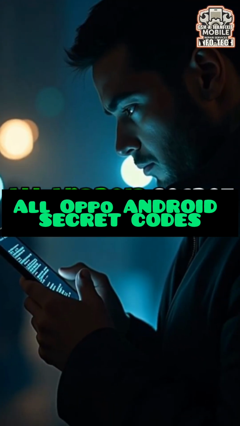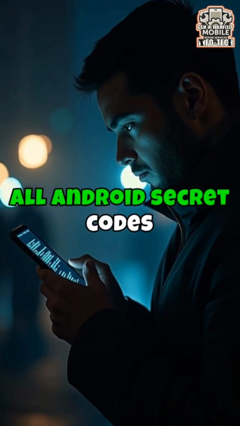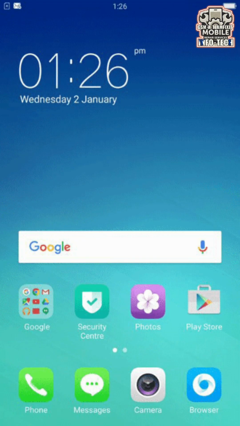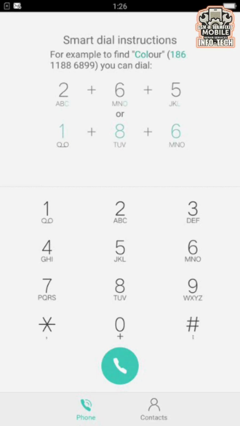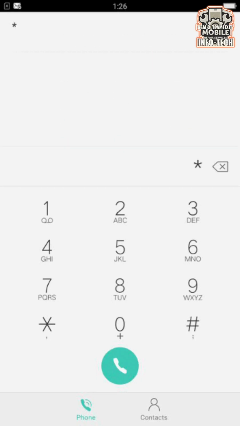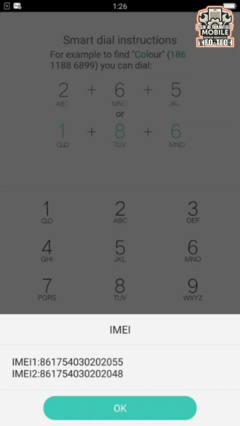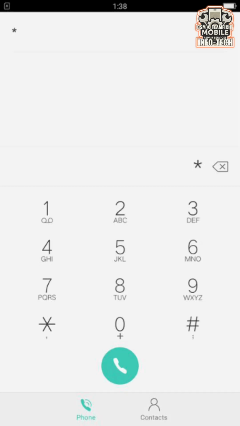Now for the hidden part, Oppo's secret engineering codes. These codes are entered into the phone app just like dialing a number. Here are the safest and most useful codes. Asterisk #06 hashtag, displays your IMEI number instantly. Hashtag 4636